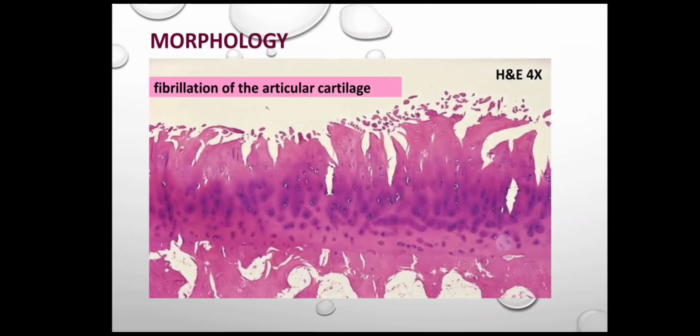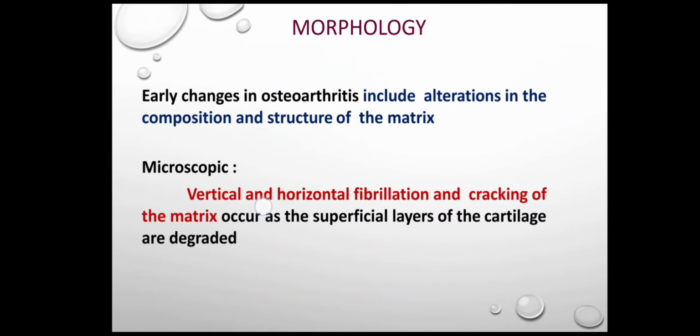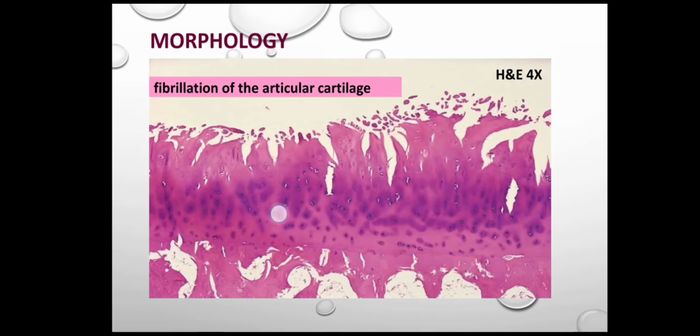Microscopically, what we see is early changes include alteration in composition and structure of the matrix. There will be vertical and horizontal fibrillation and cracking of the matrix which occur in the superficial layer of the cartilage. So this is a low power view showing the articular cartilage. This is the cartilage, the chondrocytes, and this is the enchondral ossification zone. This is the lamellated trabeculae of the bone with medullary cavity, that is the cancellous bone. This is the enchondral ossification zone, and this is the